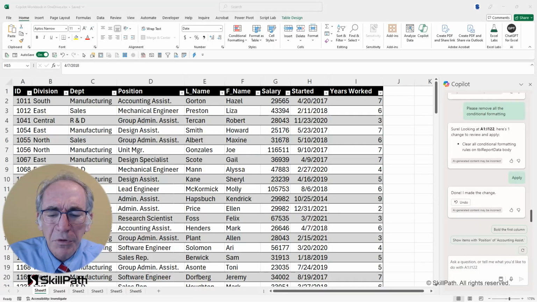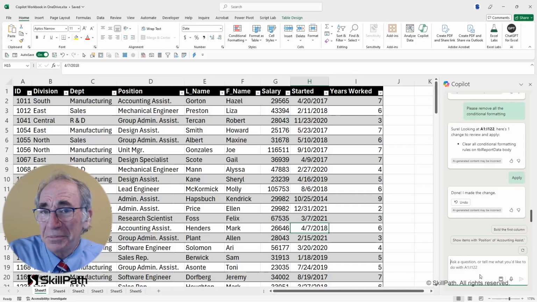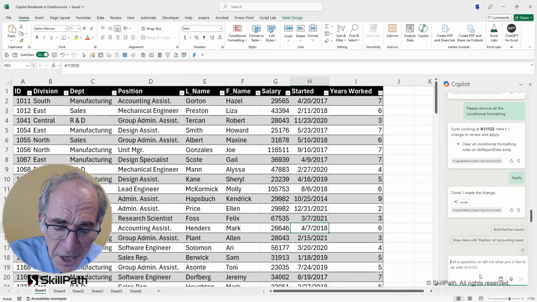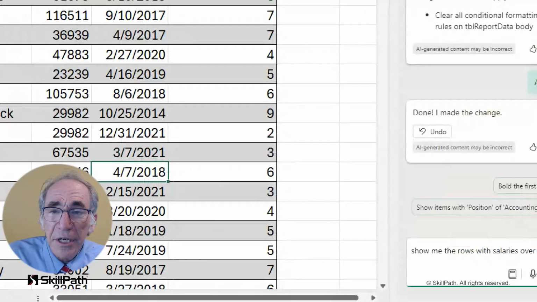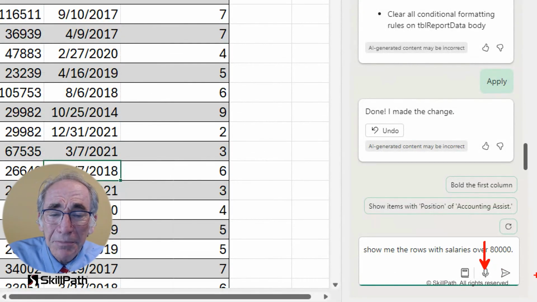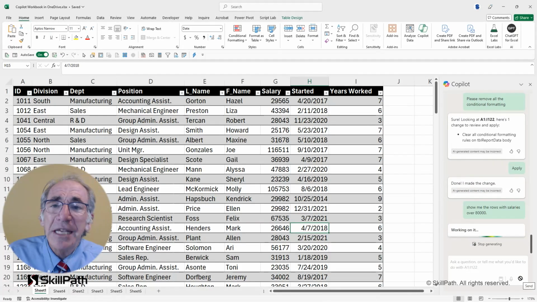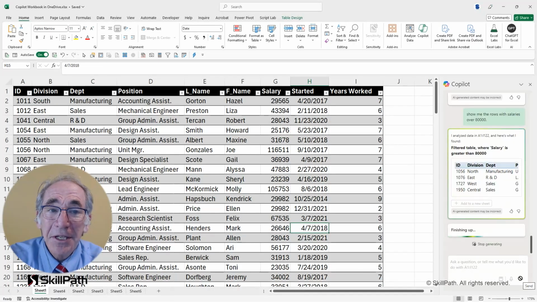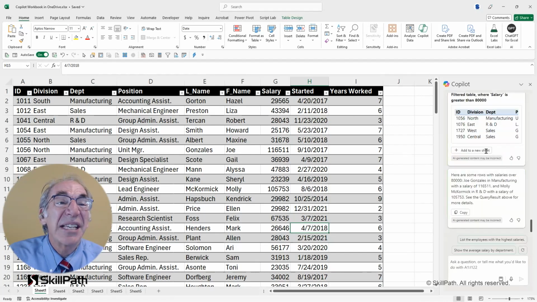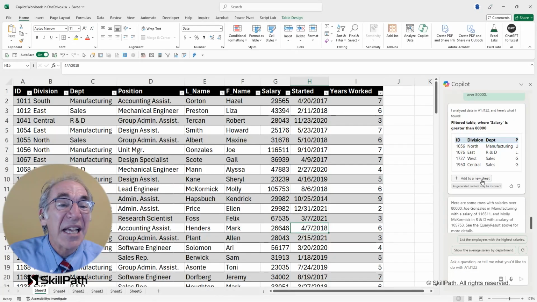A couple of more examples, then we'll move on to working with Microsoft Word. Filtering. You know how people love to filter lists. And I wonder whether you know that you can use buttons on the screen. But rather than you use buttons on the screen, maybe it's possible you might speak this to the microphone in your system one day, and rather than just typing and hoping it works, if you do so, when you send the command, whether it's recorded by Windows or it's typed by you, it's going to offer up the solution. And then you say, well, okay, I'll choose this. You know, a filtered table where salary is greater than 8,000, add it to a new sheet.